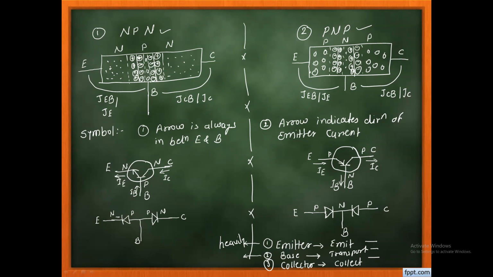What is the function of the base? It just takes the carrier and gives it to the collector, so the base is very lightly doped, because it has only one job: to take it and give it. And the doping of the collector is in between the emitter and base; I say that it's moderately doped. Get my point? So based on that, these are three different regions and these three terminals are decided by the transistor here. Now you can try to read it.